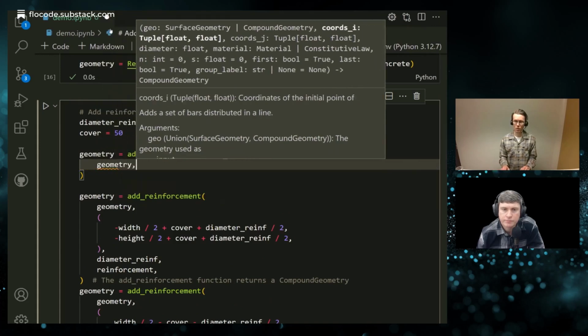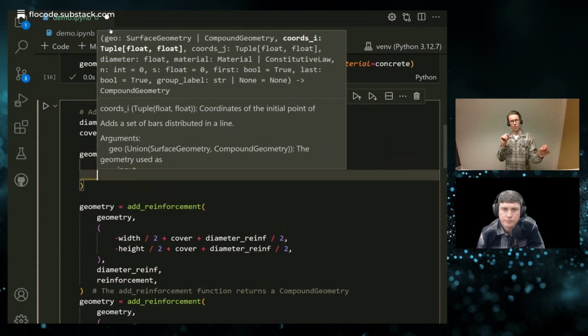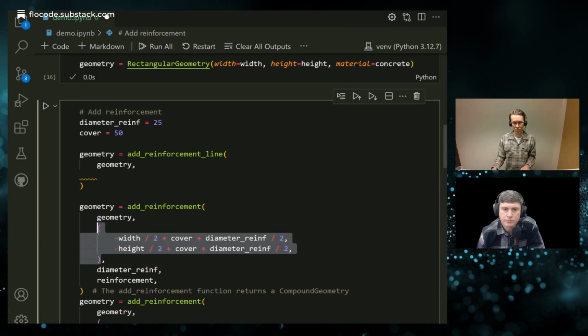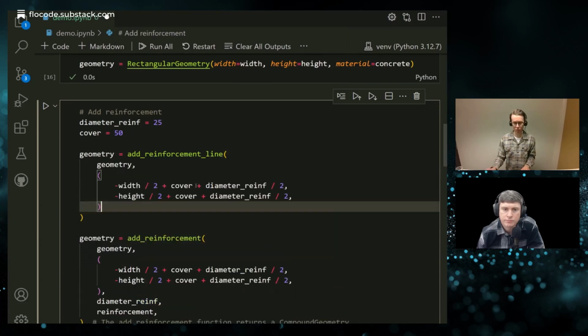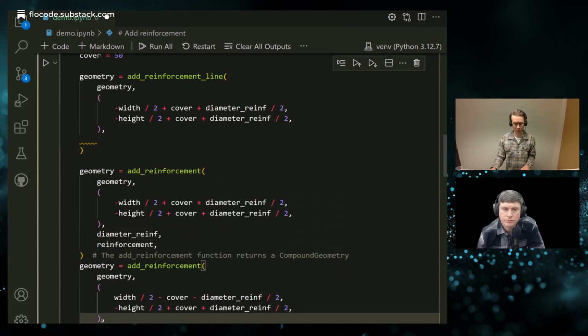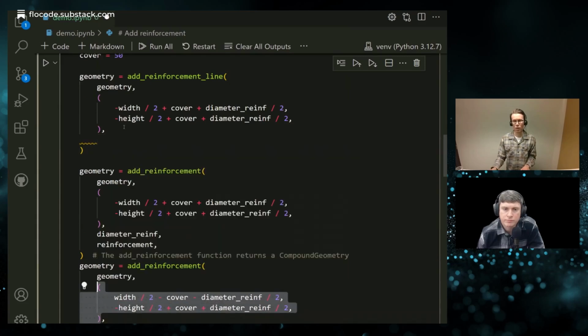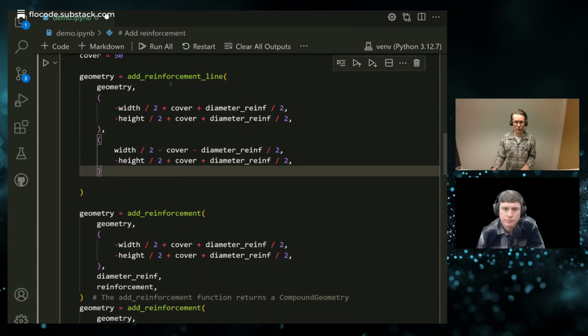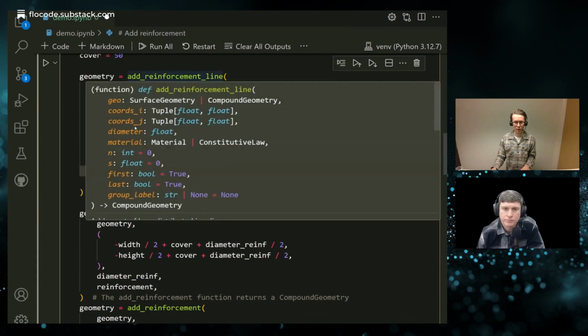We should specify a starting coordinate and a final coordinate. So those will be the coordinates of those two reinforcement bars that we already provided. So I'll simply copy those. And we should provide a diameter of the bar and a material.